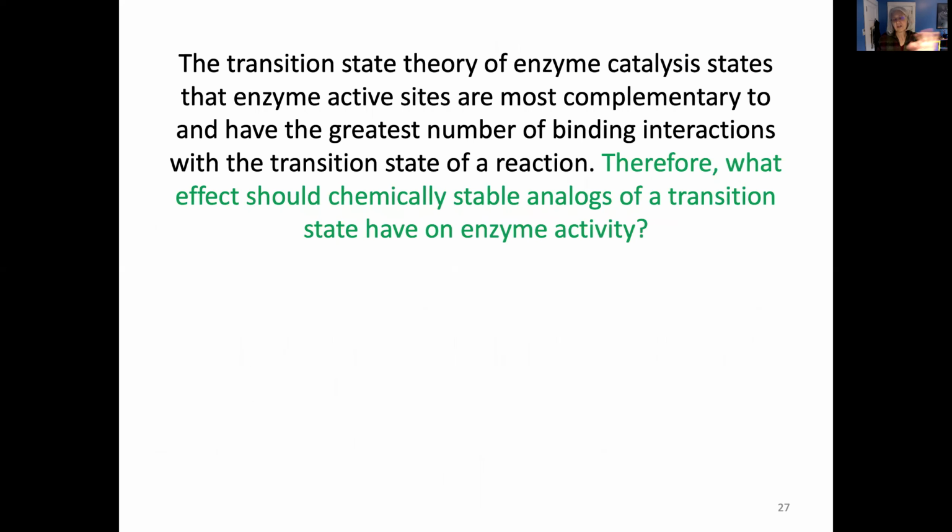So as we finish, I just want to touch back on one thing we talked about in the prior video, and that is the transition state theory of enzyme catalysis, right? Which was that enzyme active sites evolved to be most complementary to, and have the greatest number of binding interactions with, the transition state of the reaction. So if you think about it, what effect should a chemically stable analog of a transition state have on enzyme activity? When we say a chemically stable analog, this is a molecule that is similar in structure to the transition state,